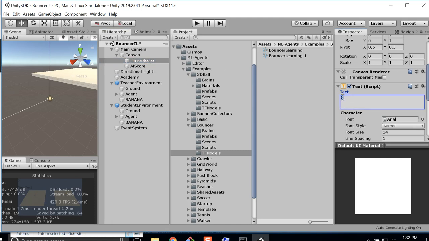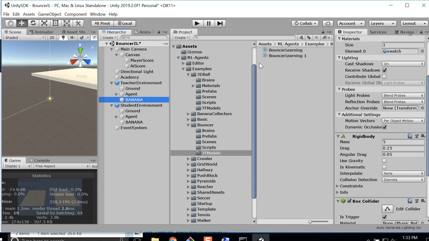Player score 0. AI score 0. Okay. And then, so we have 3 scripts in this, the bouncer and the agent in the